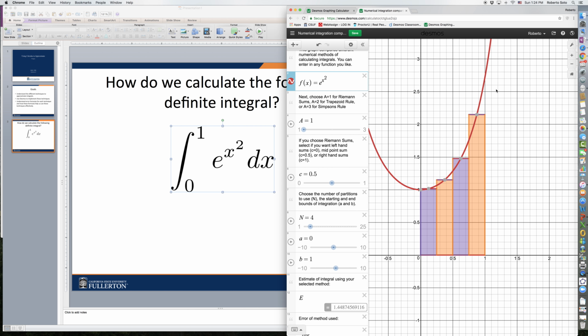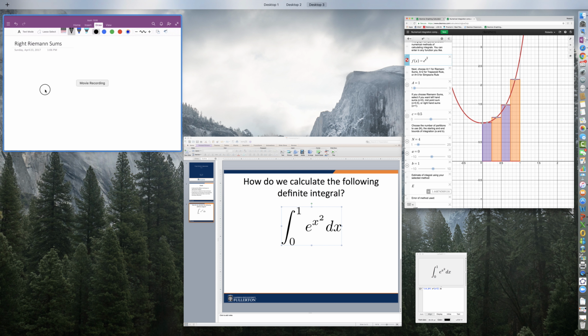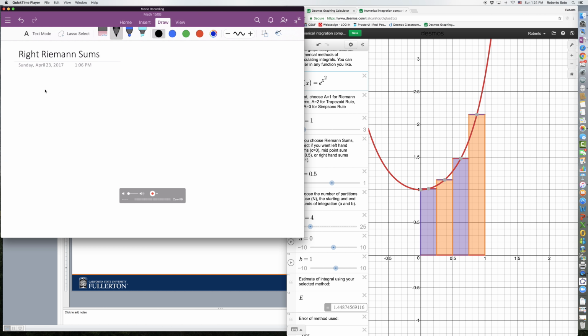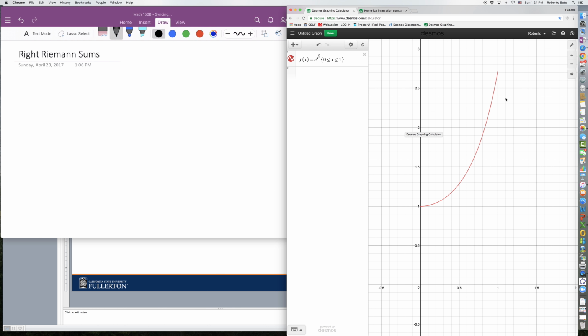We want to learn how to program this and how to compute this ourselves instead of having somebody else do it for us. Of course, if you ever need it, now you know that you can search for it, so this is really good. Okay, so what is it that we're doing here? We want to do this for ourselves. Here's a function that we're interested in, and we want to approximate and make these rectangles. So I'm going to go ahead and